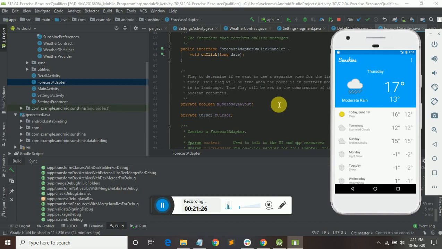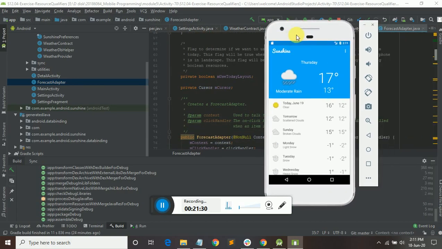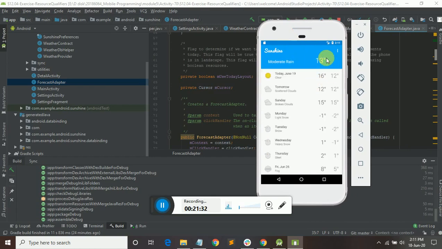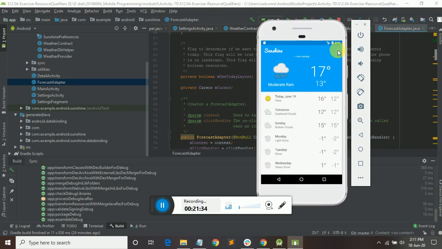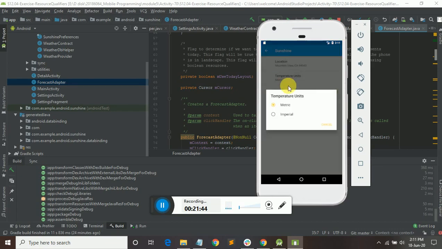So this is the part of Project Sunshine. And here coming to that, we have a map location also in that feature, and we have a settings page. In that settings page we can change the location and temperature units, what type of units we want, like metric, imperial, we can change that.